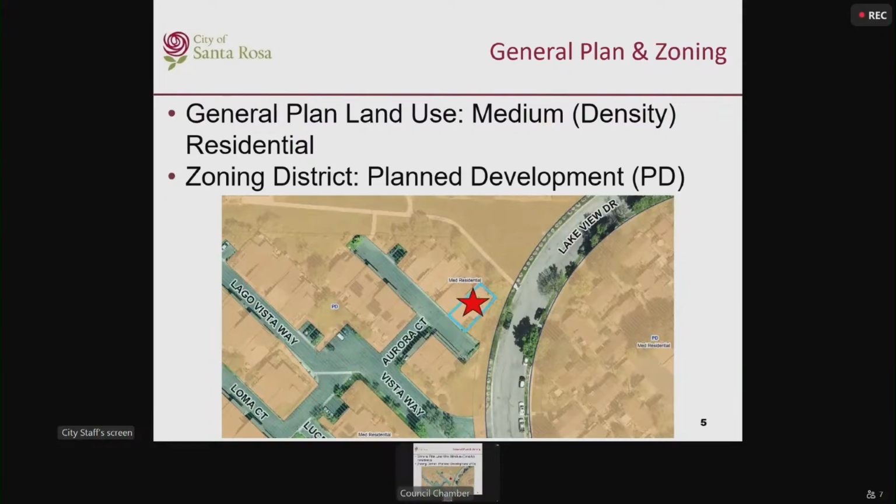The general plan land use designation is medium residential. Staff have found that the proposed use is consistent with two general plan actions. It's General Plan Action 2-5.4, which is identify new program options to allow and support micro-entrepreneurship and home businesses. And the proposed use is also consistent with General Plan Policy 2-9.2, encourage home business